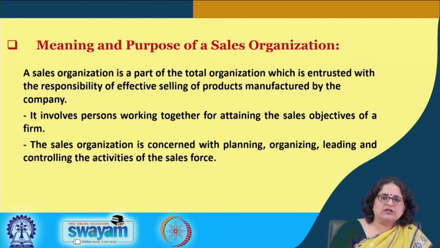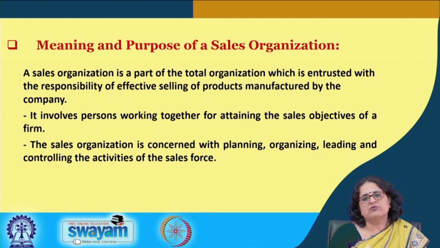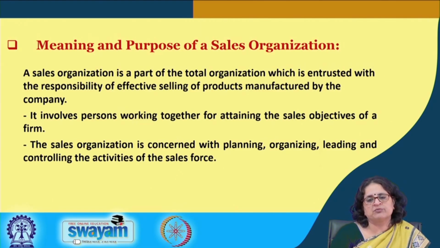So, looking at the broad managerial functions, which is planning, organizing, staffing, directing, control, if you recall, in the first lecture itself we had spoken how sales force management deals with everything. It deals with planning, organizing, staffing, directing and controlling. So, here now we are moving from the strategic plan and the product and operational plan to organizing resources to be able to achieve those plans. As and when we are organizing our resources, what it leads to is an organization structure. This is general management when we talk of.